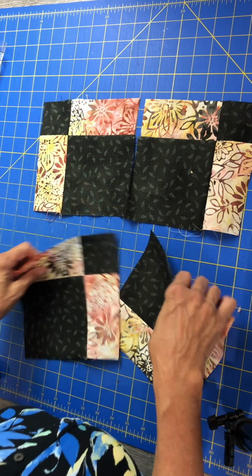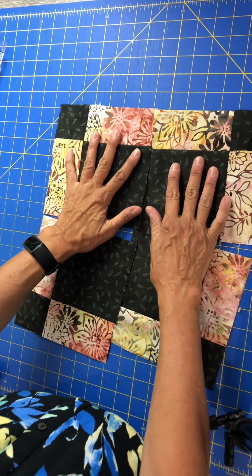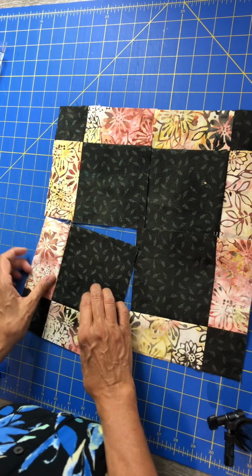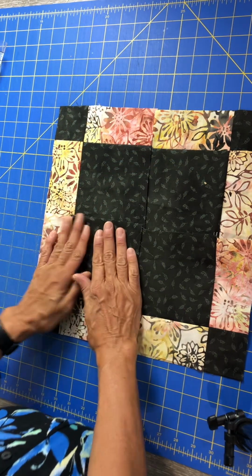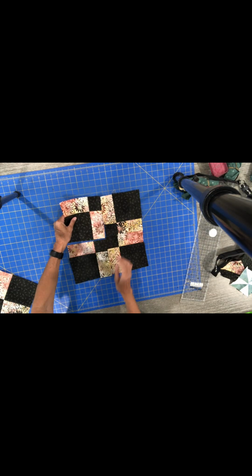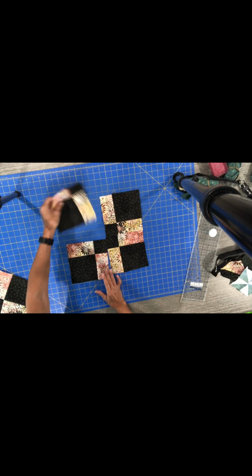Let's try something different. Now remember, we started with a 9 patch, and now look what we can do. We can have this nice solid square in the middle with some outer sashing and squares. Now what's fun is if you do a bunch of these together, you're going to get a whole other secondary pattern. So let's see what else we can do with this particular pattern. So you can see this is where we started,